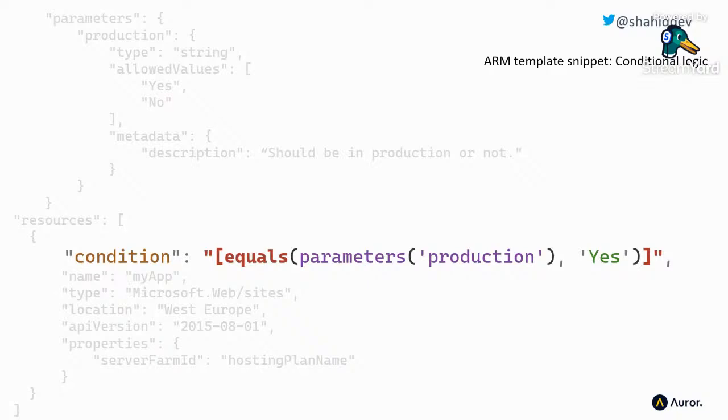And then I'm using even more weird syntax. Now I've got what looks like an equals function that I'm passing a parameter, and I'm saying, does that equal yes? We're developers, right? We can roughly work out what that means. That's all good. But if you don't work with ARM day in, day out, you're probably going to have to double check exactly what that syntax was if you come back to it 3-4 months later. And it does get worse as well.